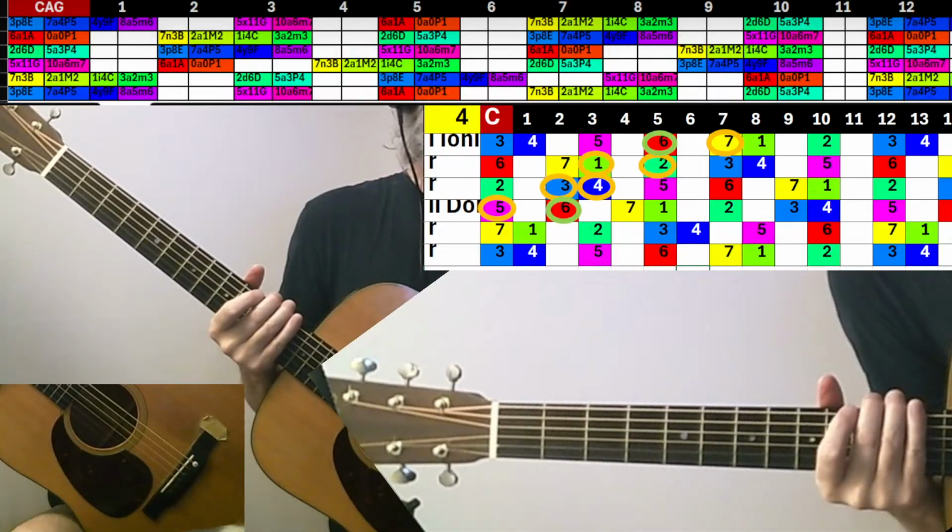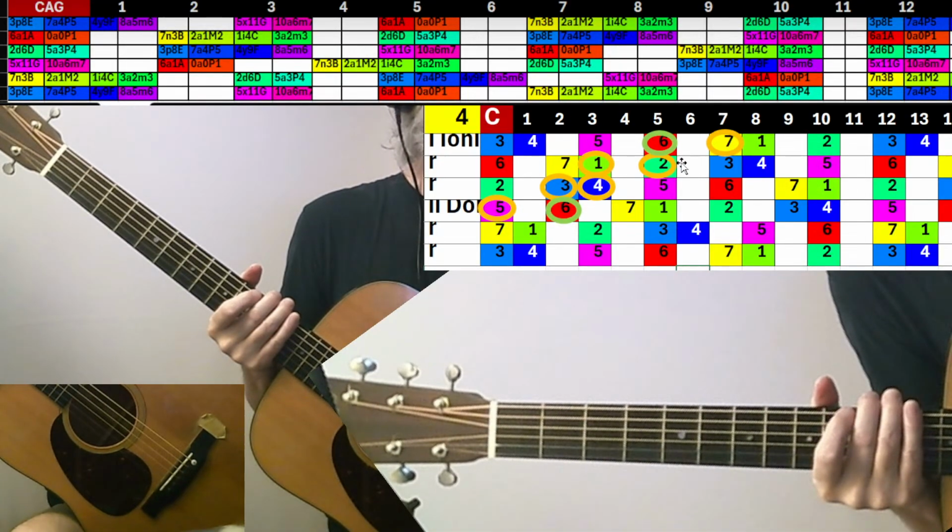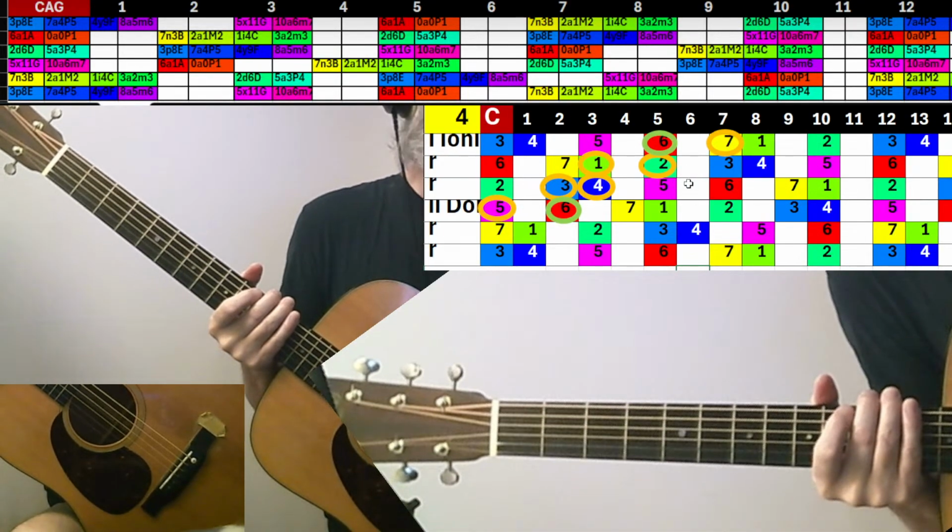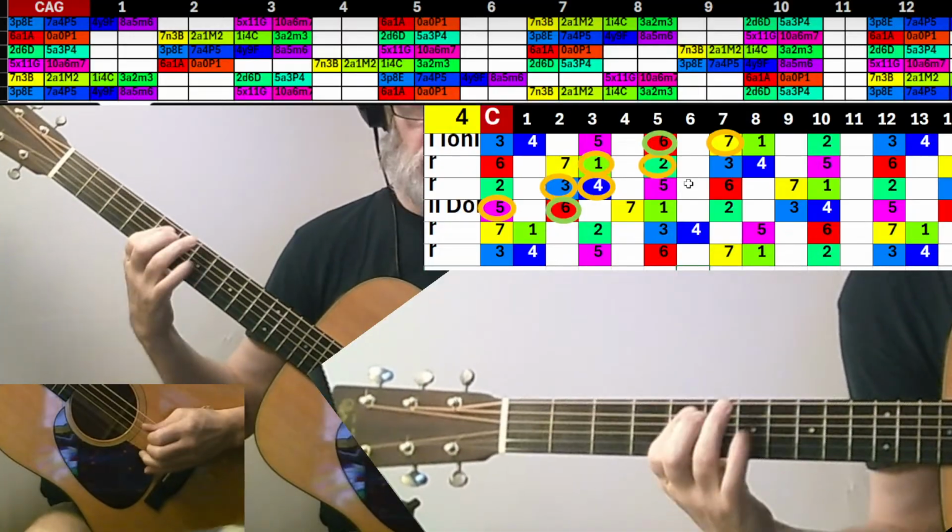So how else could I bridge that? I could keep my finger down here and slide back.